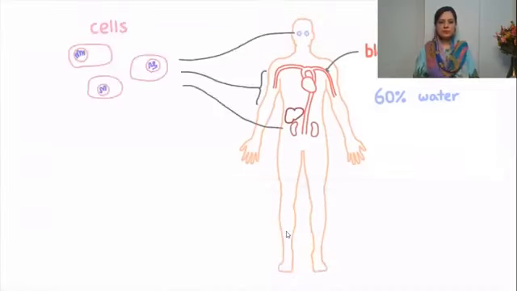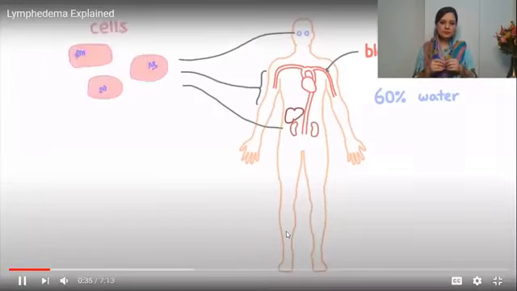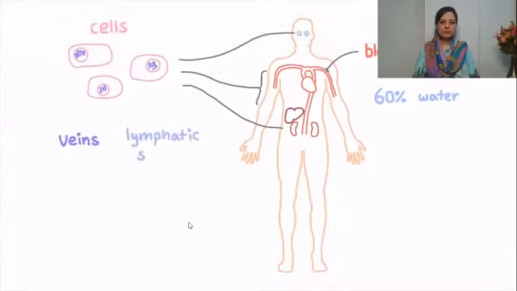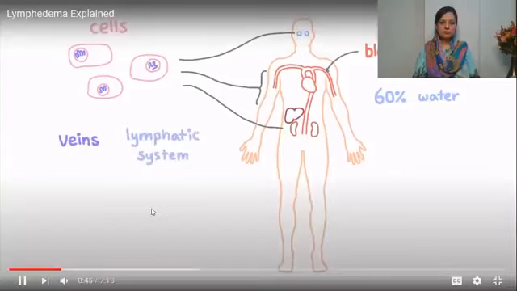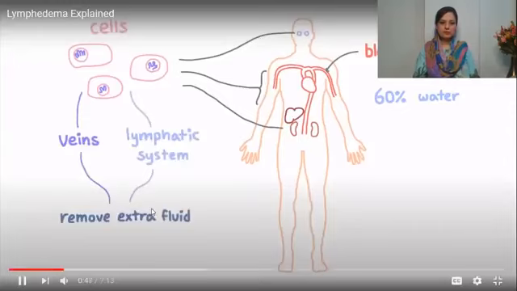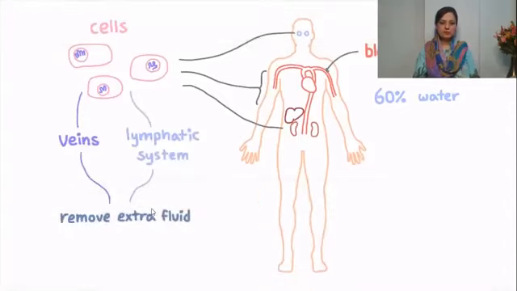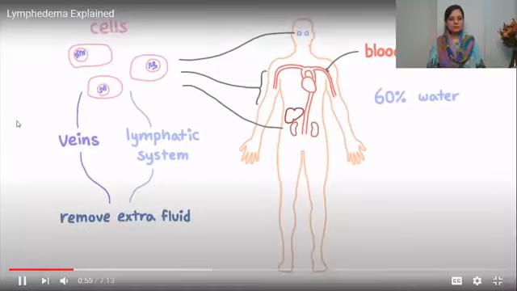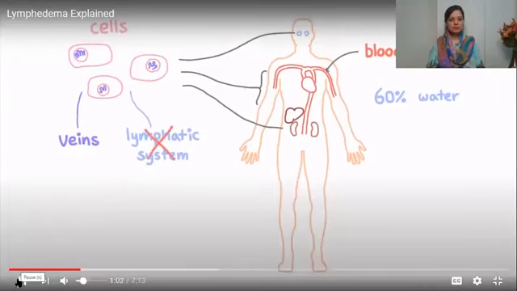Now, the body does a good job of keeping the amount of fluid inside the cells at a constant level, but the amount around your cells can actually change. And your veins and your lymphatic system work in concert to remove excess fluid from the tissues if it builds up. But if there's impairment to either of these systems, fluid can build up in this extracellular space. And in particular, if you have impairment to your lymphatic system, the excessive fluid that builds up leads to chronic